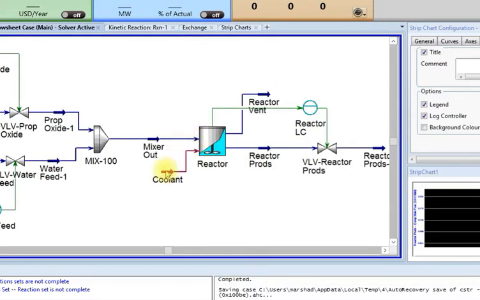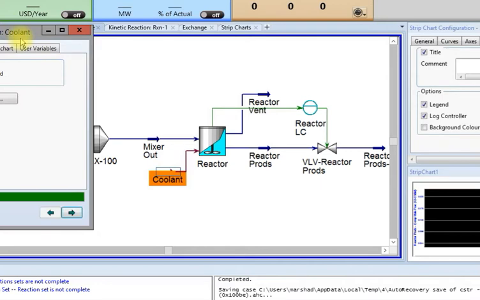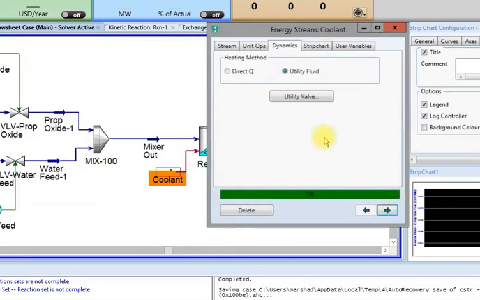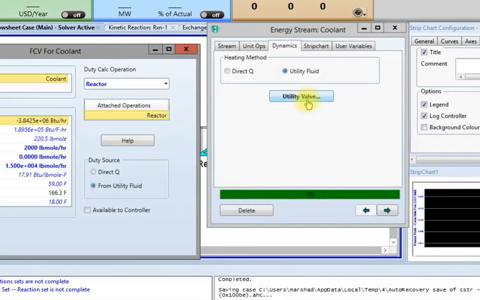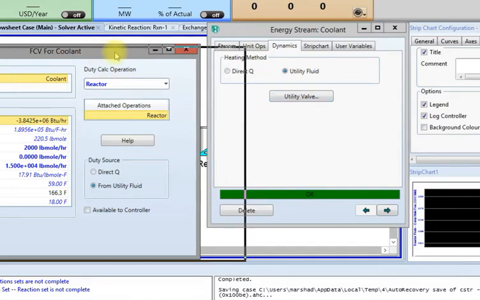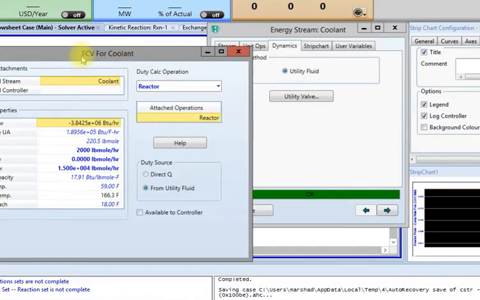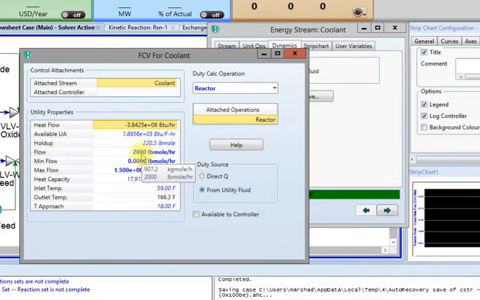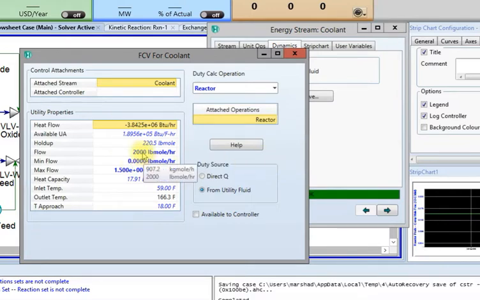This is the coolant, so click the coolant, then utility valve. So right now the flow rate is 2000 lb mole per hour. Okay, so let's run this one, dynamics, run, and while running we will change to another flow rate. Say this is 2000. Okay, now let's make it 4000,